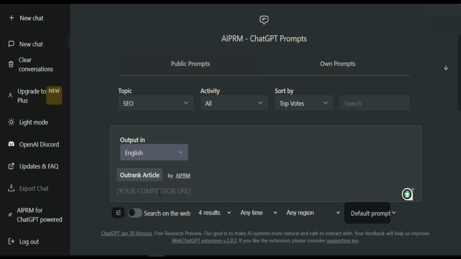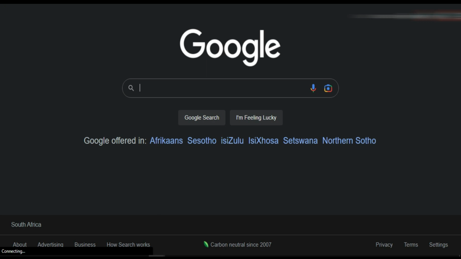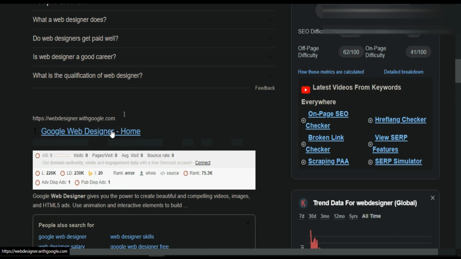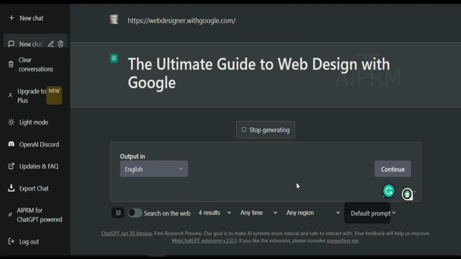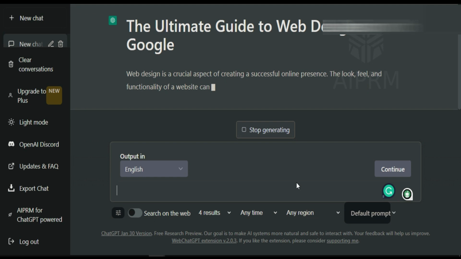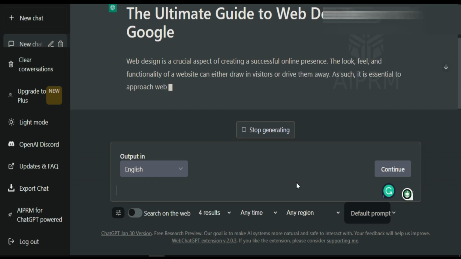Okay, let's do it. I'm going to go to Google. So I'm going to look for something. I can say web designer. I'm going to copy the link of this website, go back to ChatGPT. So I'm going to paste the URL here, and then when I'm done, I press enter. Now ChatGPT is going to use that website as a reference, and it's going to write for